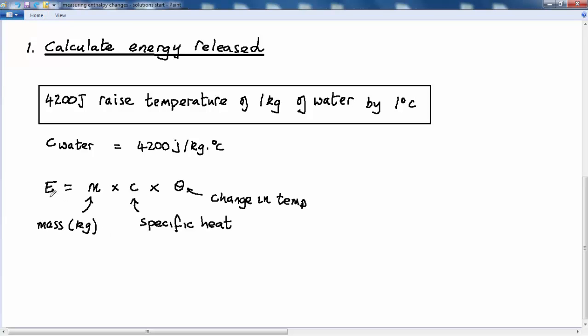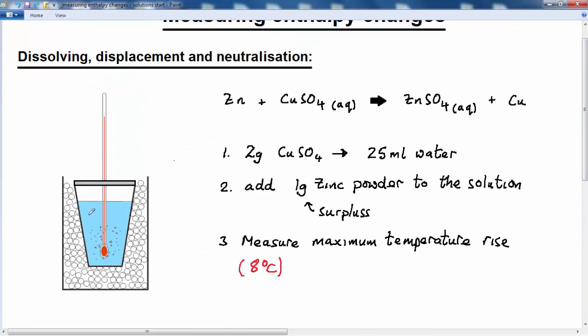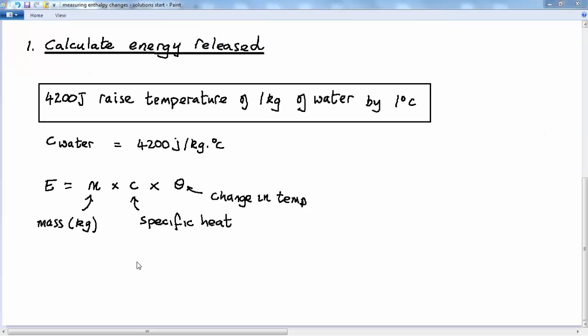That tells us that the energy that's transferred to this water in the beaker during the reaction is equal to the mass of water in the beaker multiplied by the specific heat capacity of water, which is 4,200 joules per kilogram per degree Celsius, multiplied by the change in temperature, which was 8 degrees Celsius. So we plug those values in,